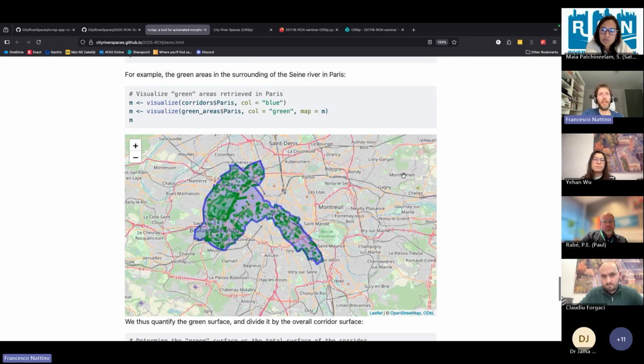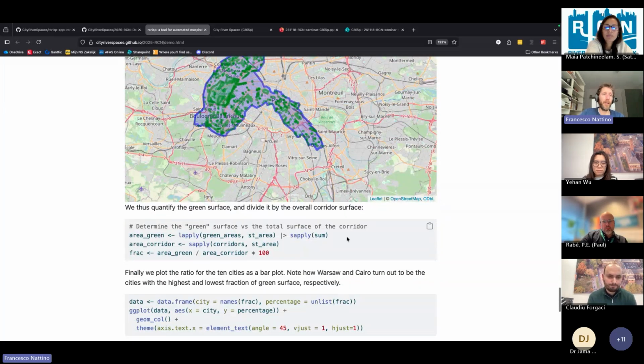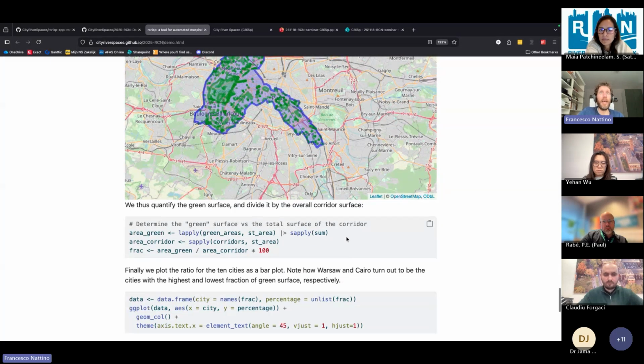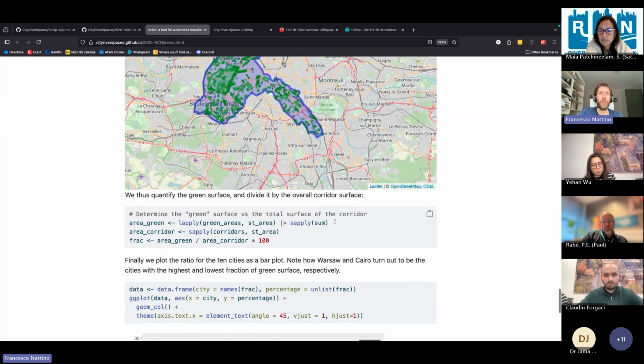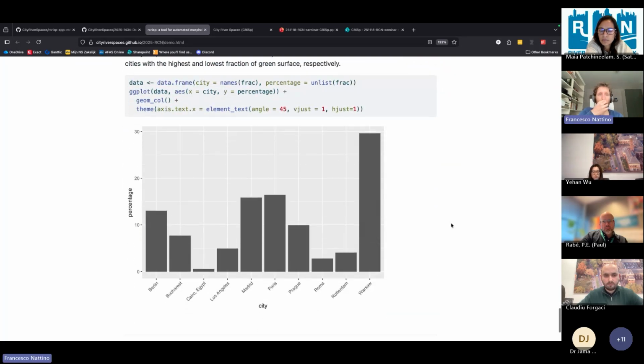Once this green surface is retrieved for all the cities, we can straightforwardly calculate the surface of these green areas and the surface of the corridor, and estimate the fraction of green area as a percentage, which I then plot as a